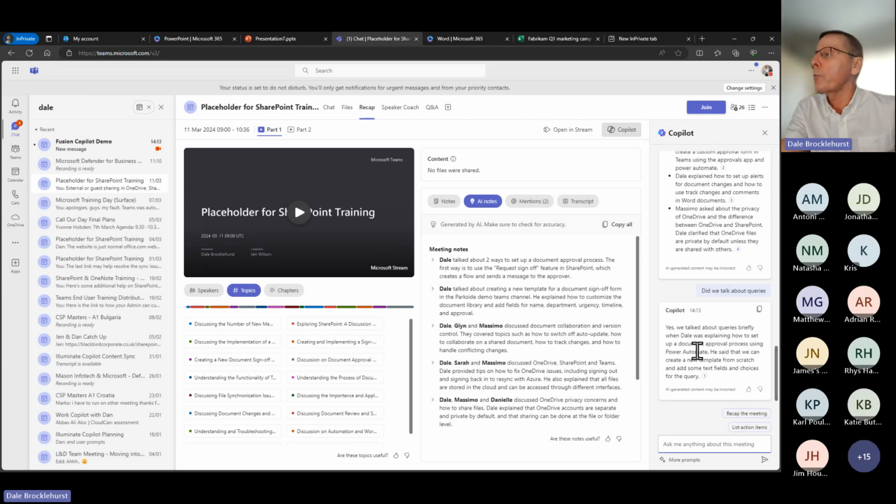Dale was explaining how to set up document approval process using Power Automate. He said that we can create a new template from scratch, and so on. So that's a really quick way. And you can do this actually while a meeting is in progress. So if you join the meeting late, or if you couldn't join the meeting at all, but you were invited to it,